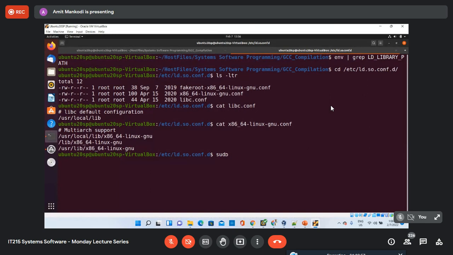So sudo is the command that allows you to temporarily change the permission from a regular user to a root user. Okay, so this is not a permanent change to the root user, it is a temporary change only for execution of the next command. So I'll do sudo, and then gedit, and then I'm going to create my new file, right? I'm going to call it mymath.conf. This is the new file that I'm going to create in this folder.